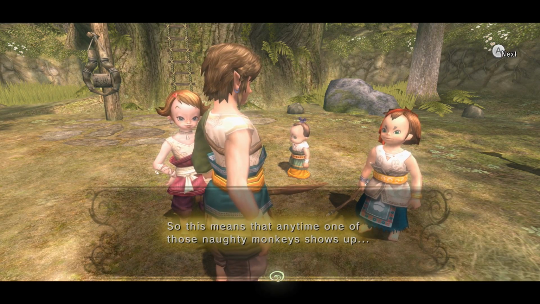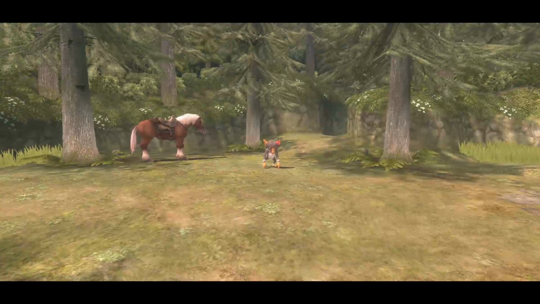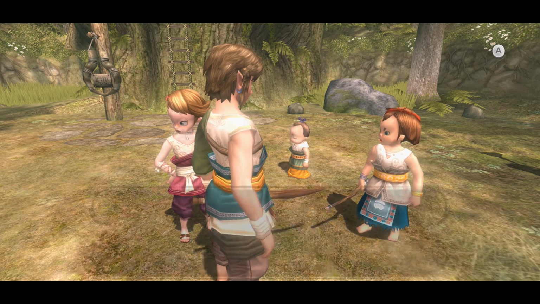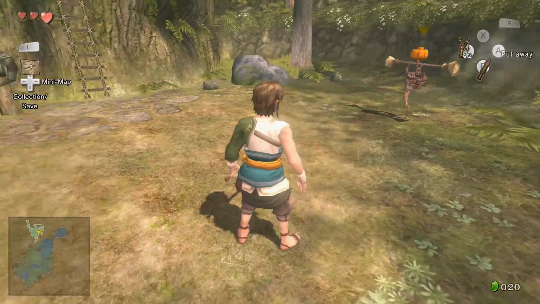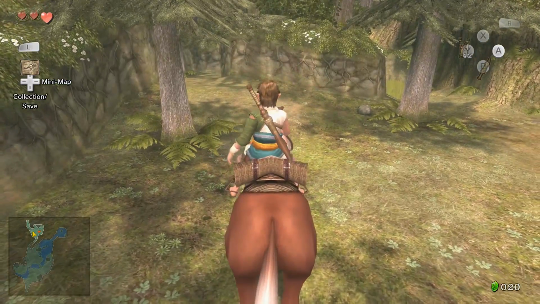So this means any time one of those naughty monkeys shows up. What? There's a monkey. And off he goes. Come here, you. Alright, let's hunt down this monkey. So, this is our first adventure into the wild. We are going to need Epona, so we're just going to hop on now instead of coming back for her,